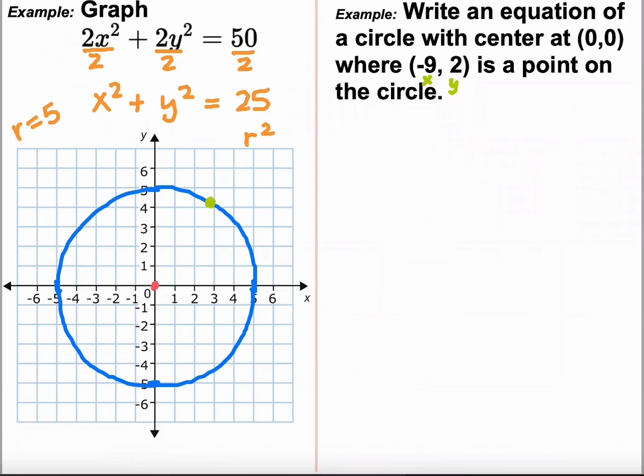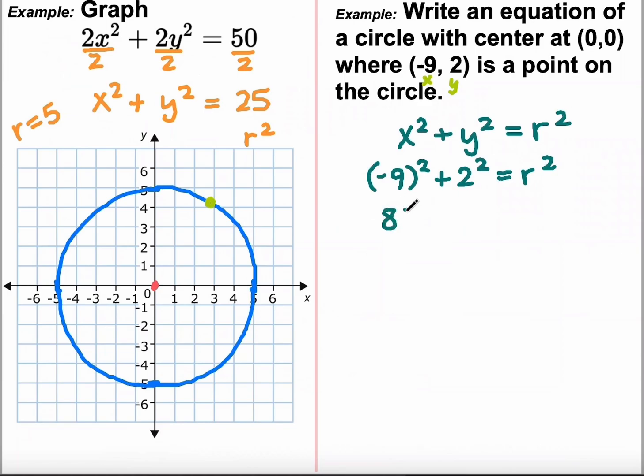Well, I know that every point on that circle has to be the same distance from the center, from 0, 0. I also know that I'm planning on getting an equation that looks like x squared plus y squared equals r squared. Well, I know that negative 9, 2 is an x, y value that works. So I know that negative 9, 2 is a true solution to this equation. So wouldn't that help me figure out what the r value must be? Let's figure that out. So negative 9 squared, 2 squared,